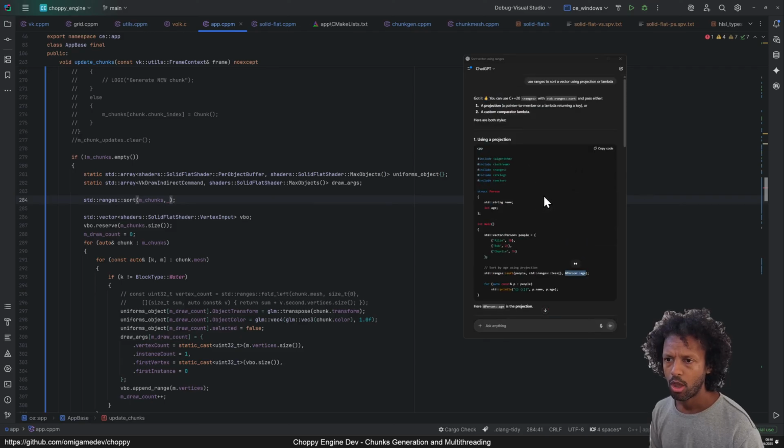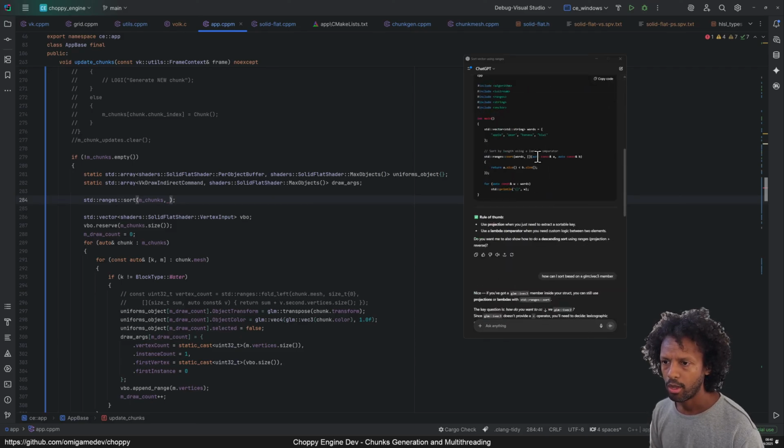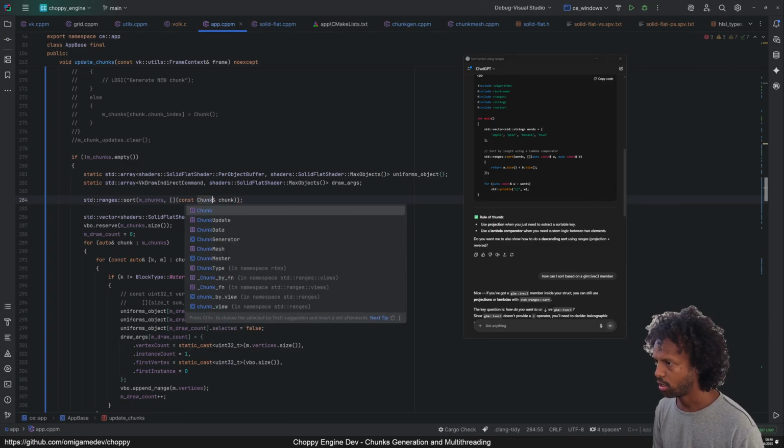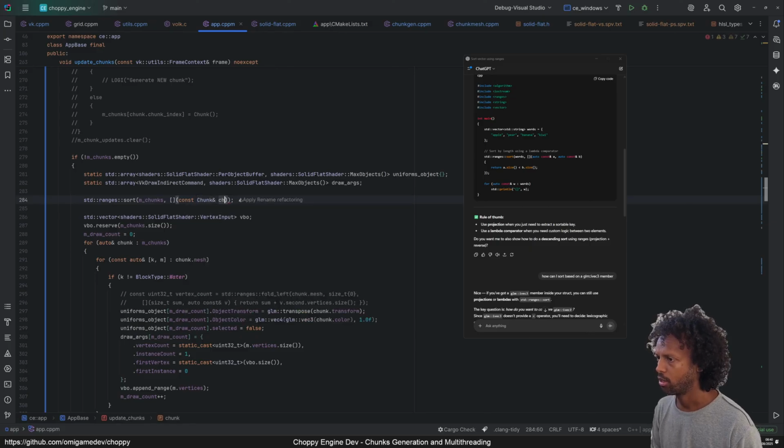So I want the option where I do the comparison. So that's going to be a lambda that takes the parameter const chunks. Let's be explicit. That's going to be a const chunk C1 and then const chunk C2. And what we want is that